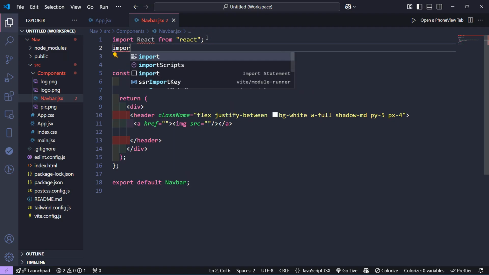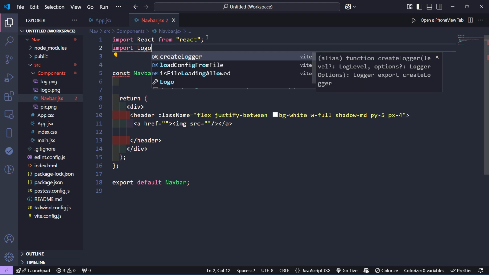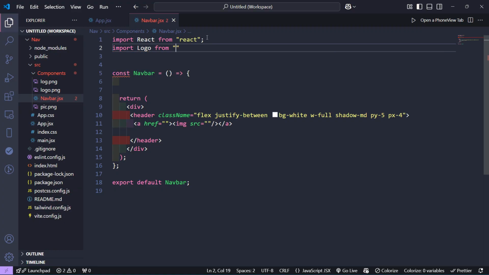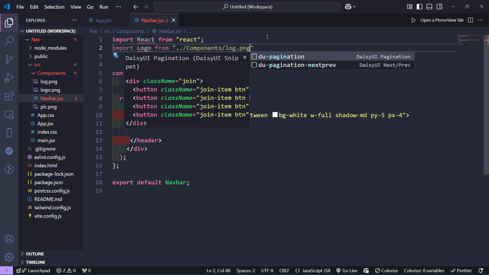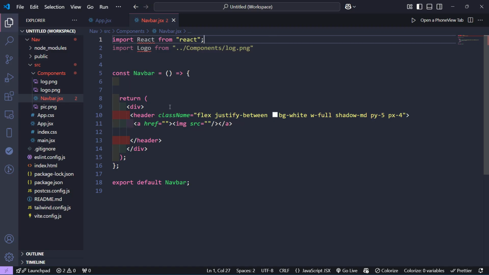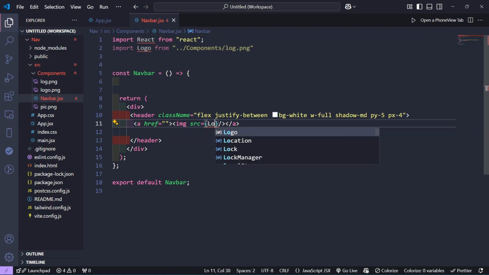I have a video on how to do this import. So import, let's say, logo from dot slash component slash logo.png. Now let's come to our source, and now we are going to use curly brackets, so you can say